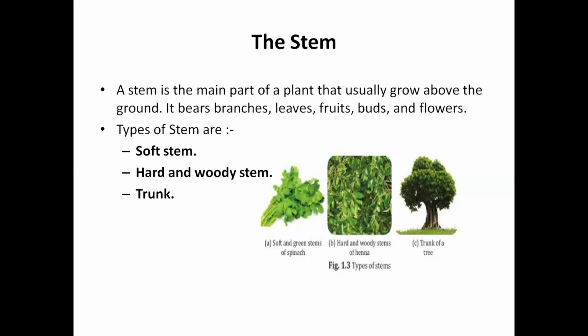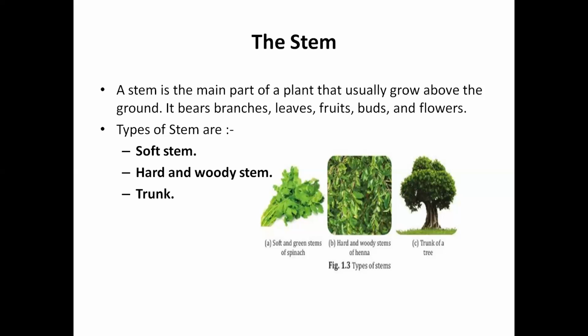Next is the trunk. The stem of a tree is called the trunk. It is a thick, hard and strong stem that is covered with bark. So now, up to here we studied about the plant, root and stem. We can easily differentiate between the root and stem, as the root generally grows under the ground while the stem grows above the ground. Roots are non-green in color while stems are always green in color, and they perform the process of photosynthesis.